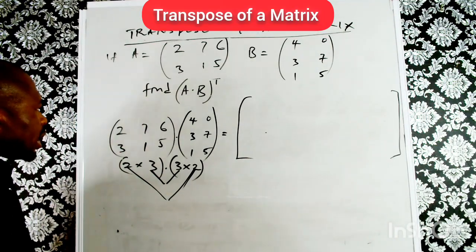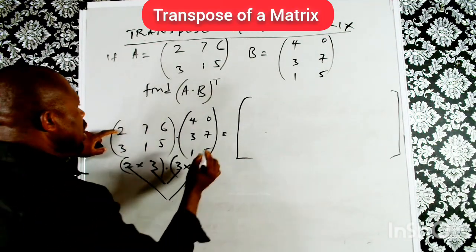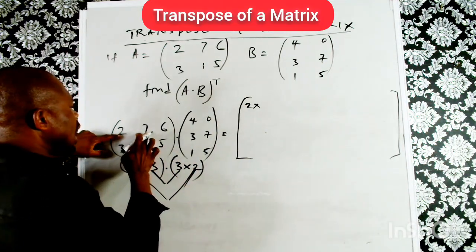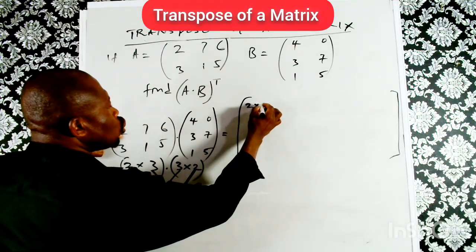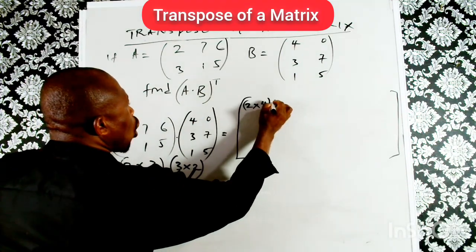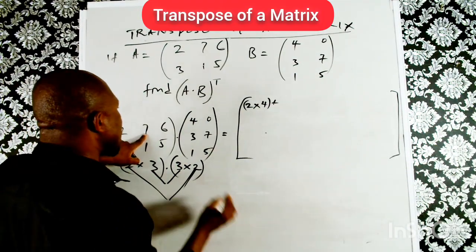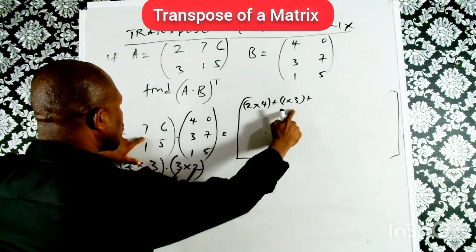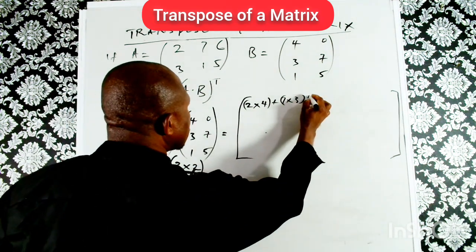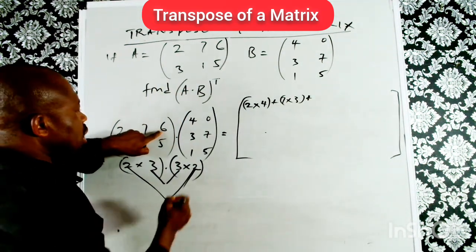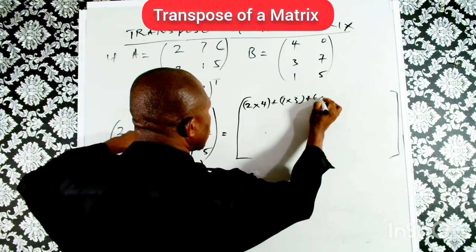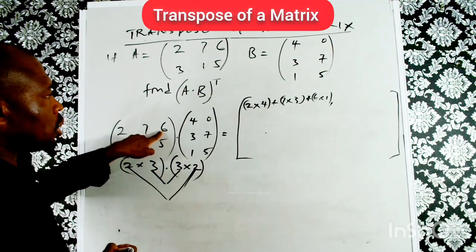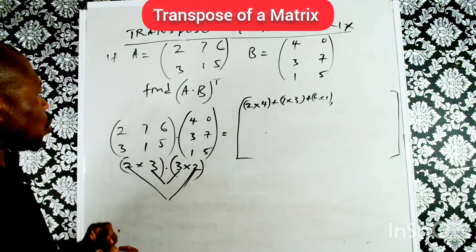Now, let's do it. We have the first one, 2 times 4, plus 7 times 3, plus 6 times 1. Of course, you separate it. When you now separate it, we have,